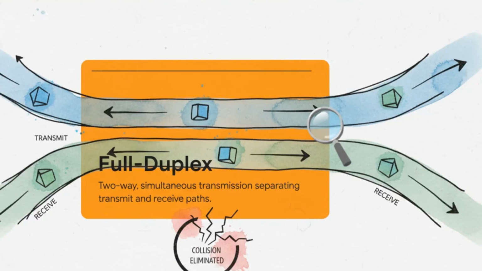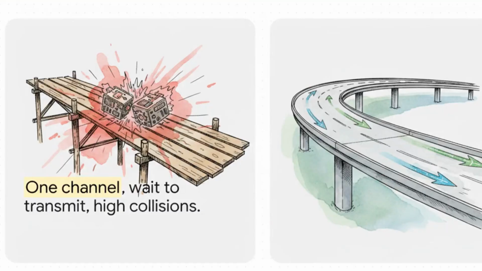Now, what's really interesting about this slide is how elegantly full-duplex fixes the whole problem. It physically separates the transmit and receive paths. By giving the outgoing data its own dedicated lane and the incoming data its own dedicated lane, it eliminates those nasty collisions entirely. They literally cannot crash into each other anymore because they aren't even sharing the same physical space. It's brilliant. The contrast between the two is really night and day.